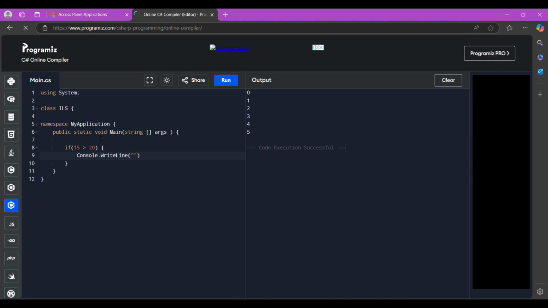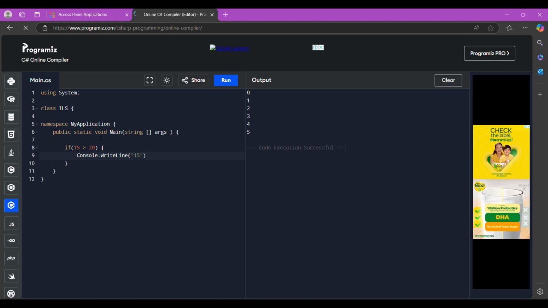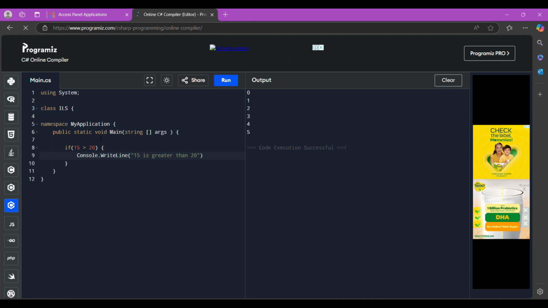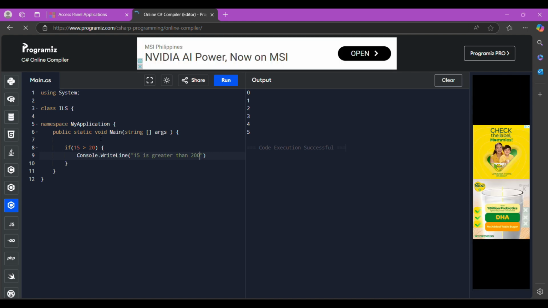let's say 20 and 15 is greater than 20. Let's see if this